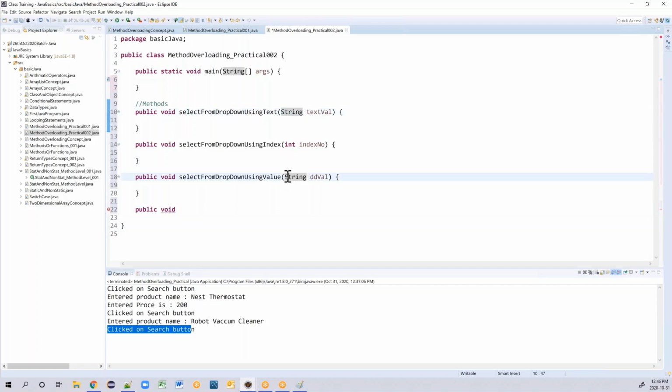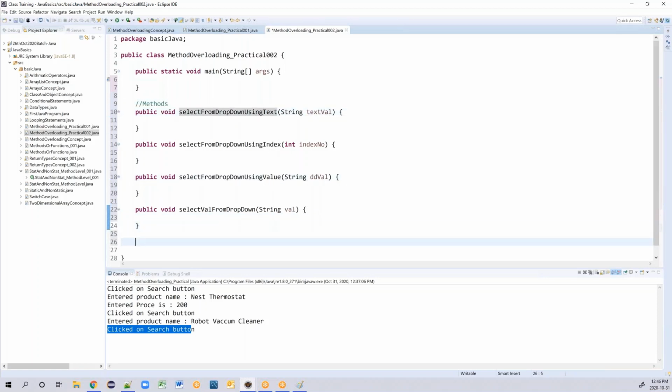If you see, this and this are both passed as a string, so for this I am using the overloading concept: public void select value from drop down, string text value, or you can say string value. Both are strings.